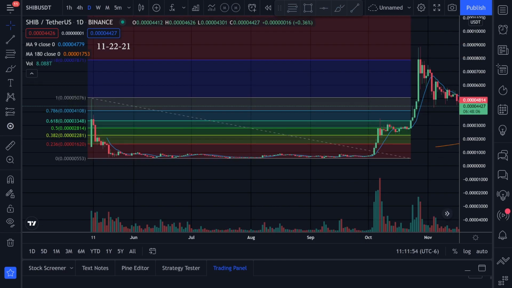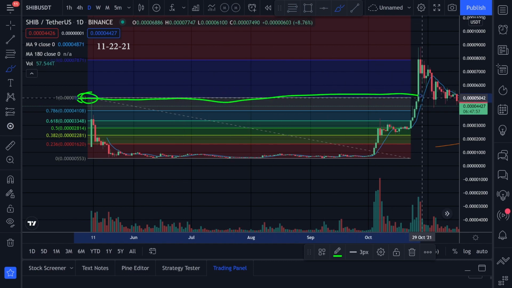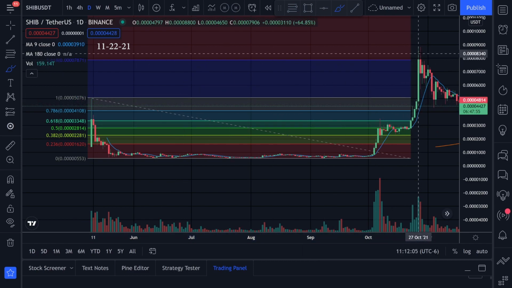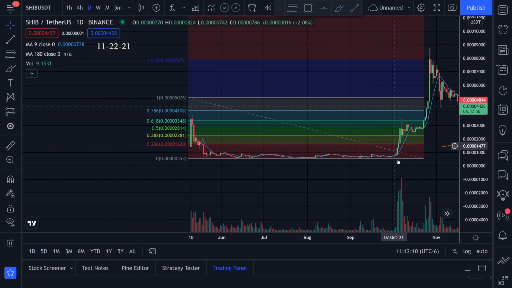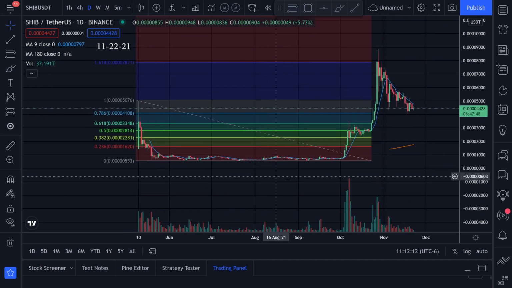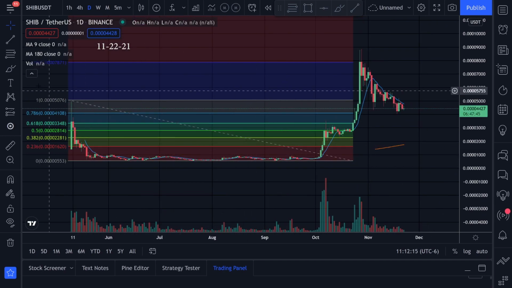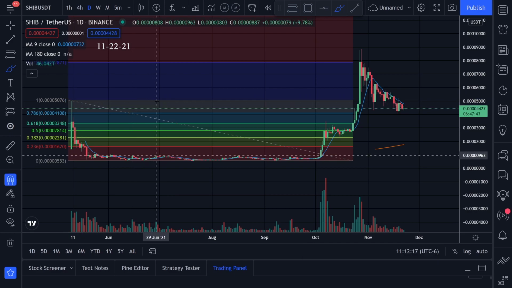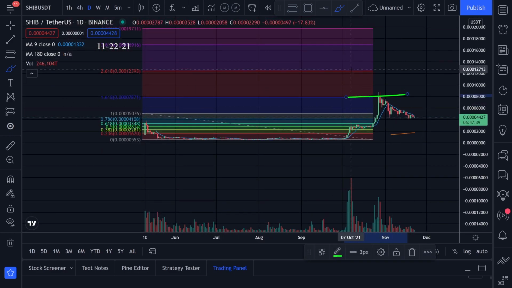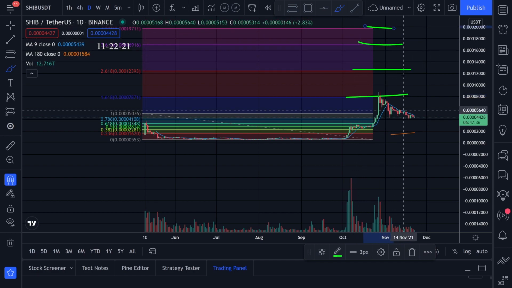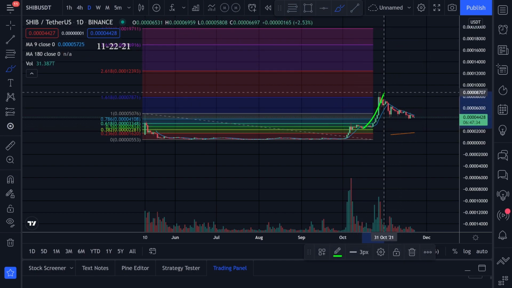Okay, so the other thing I was looking at with Ethereum is trying to find new highs. This is our previous high right here at this gray line, and I used this on Ethereum to try to find a new high because I hadn't really used this before. But I just wanted to show you guys that it did kind of work on this chart, because we have this previous high right here, and then we have the Fibonacci. I guess these are possible new highs, and we came up and hit this level right here